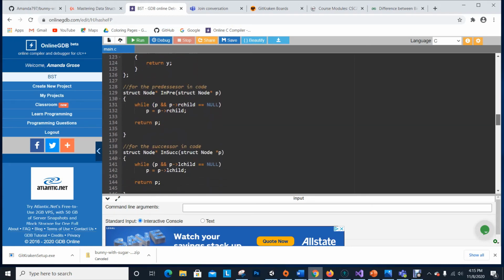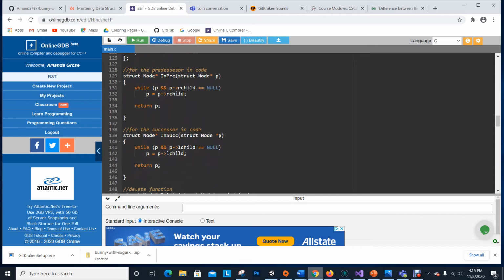Let's see. I hadn't gone over that before, but there's a predecessor and a successor. So predecessor is what comes before. Successor is what comes after. So if I wanted to say my root of my whole tree was 10, and below that we had numbers, I don't know, 5 and 15. I'm just making them easy so I can remember them as I talk about them. So 5 would be the predecessor, and 15 would be the successor of the children